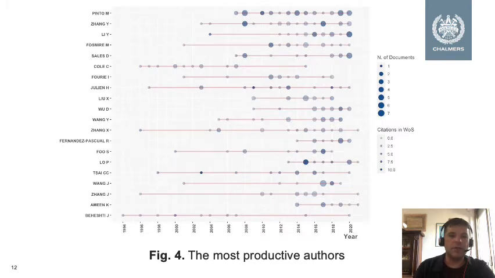Here we can see the most productive authors, and at the very top we found Maria Pinto. There is a timeline, and we can see that there is an increase of research on STEM information literacy after 2010, and also we see here other authors that we have not encountered in the network based on bibliographic coupling, such as Michael Forsmeyer, an author that has published extensively in engineering information literacy.